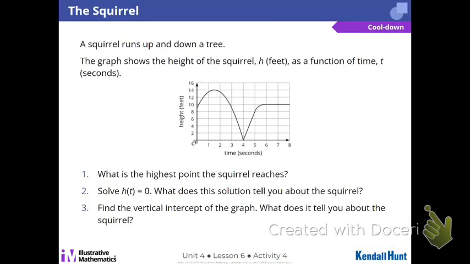Here it is about squirrels, man. I bet you weren't seeing that coming. I actually saw a squirrel out